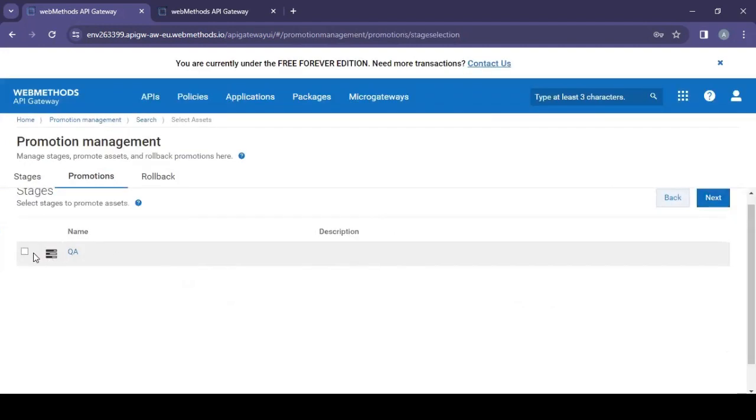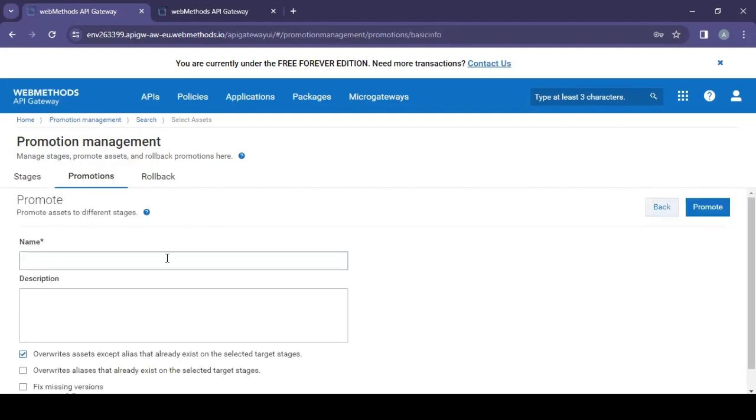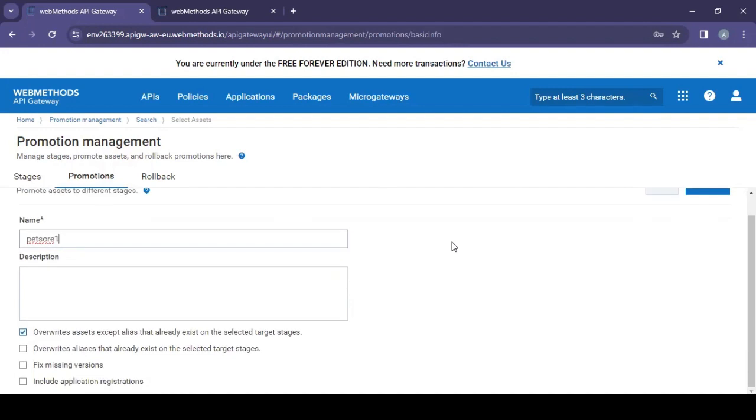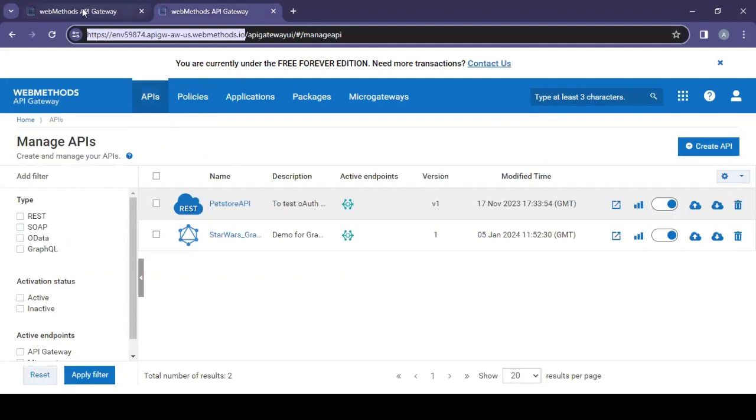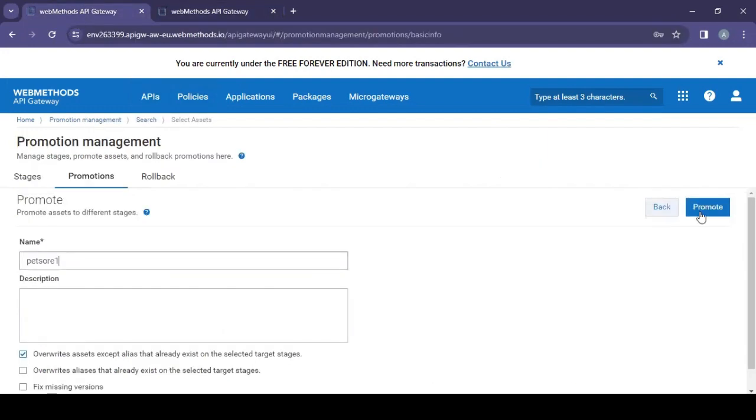Here I need to select in which environment I wanted to deploy. Just click select, next, and give it a name. Pet store, or anything you can give here, and select the application. Whatever things you need, I just wanted to leave it default and then click on promote. If you see here, right now there is no API. And when I click on promote,